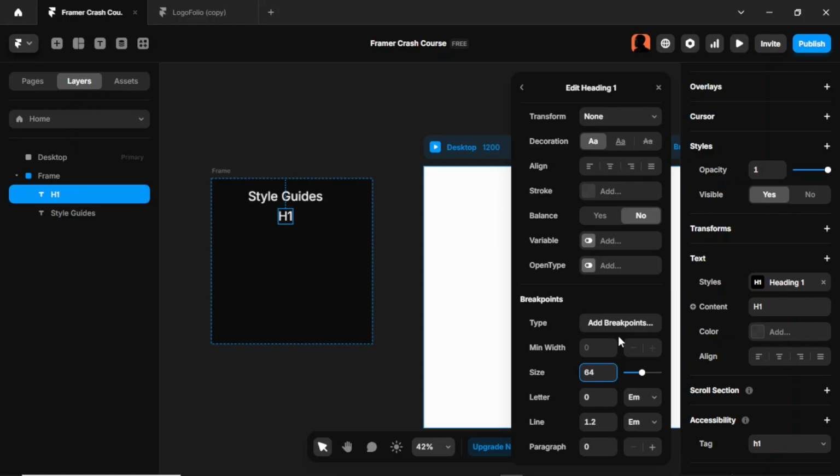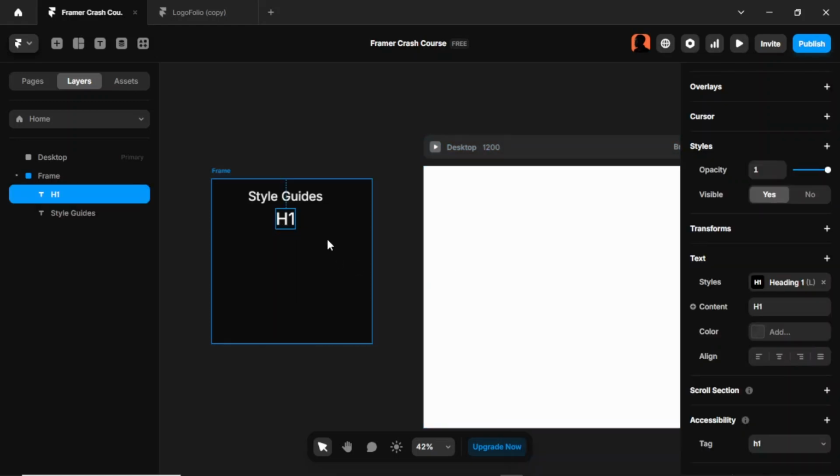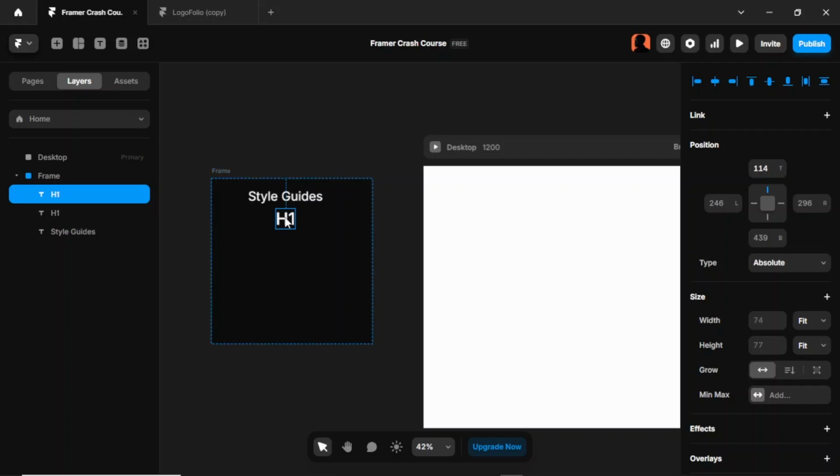Then we are just going to click here to add breakpoint. I'm going to click here. I'm going to change this to 52, then make this 40. So I'm just going to click outside the canvas. So we're done for each one. Now I'm going to duplicate this again